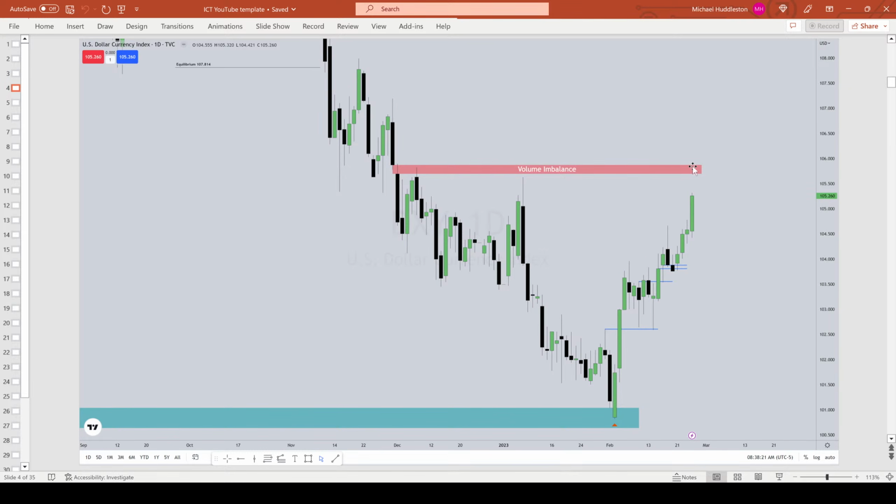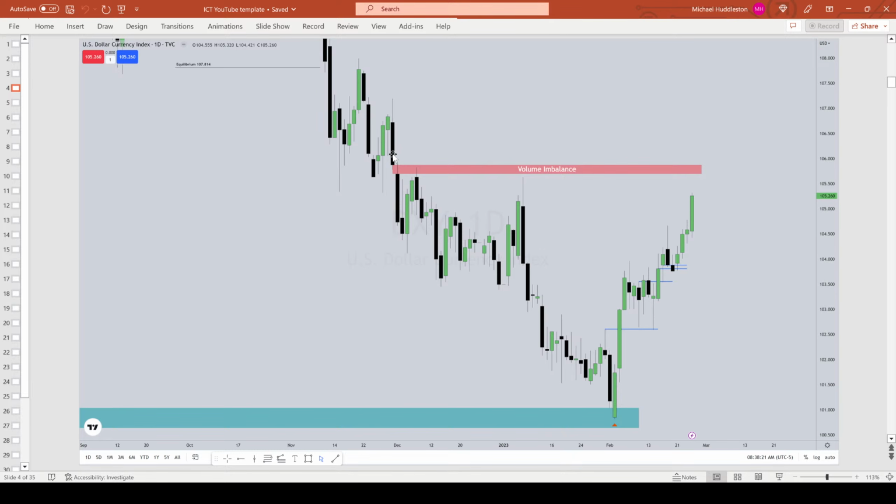Here's that area right above these two highs, and this is my volume imbalance. A volume imbalance is wherever there are two candles separated by only the wicks, no bodies overlapping. So the body of this candle has no portion overlapping with the previous candle's body, of any value, not even meeting it equal. So if there's ever that forming on the chart, even though there is a wick or tail below this one and a wick above this one here, just because they bridge the gap between the previous candle's body and the next candle's body formation, that in itself doesn't do enough. It's inefficient.